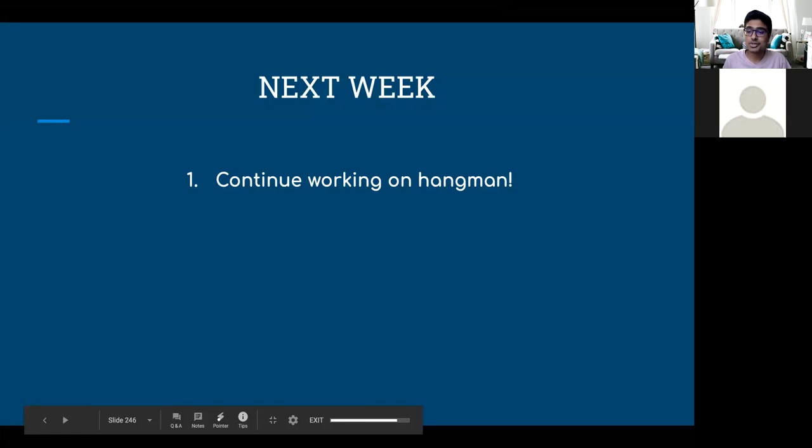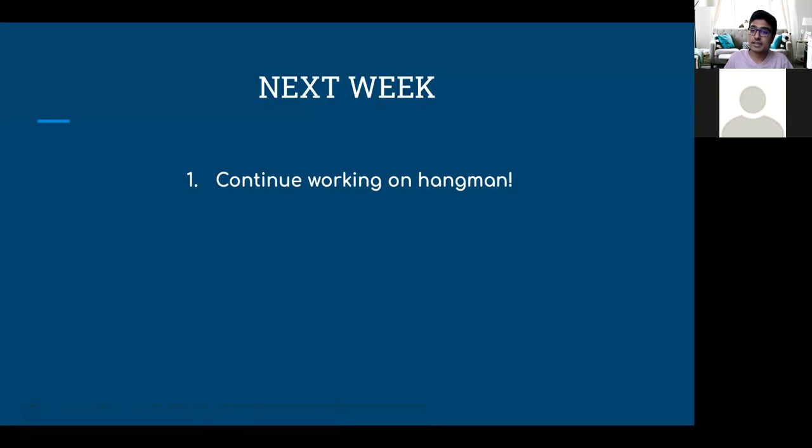Next week, we'll be continuing to work on our Hangman project. More specifically, we're going to start getting some more substring-type work done: comparing the letter we enter with the computer's word letters and filling those blank spaces in with the correct letter. So say I have the word bat. If I guess the letter A, filling that middle blank space with the letter A. All that cool stuff, a lot more fun stuff to come, guys.